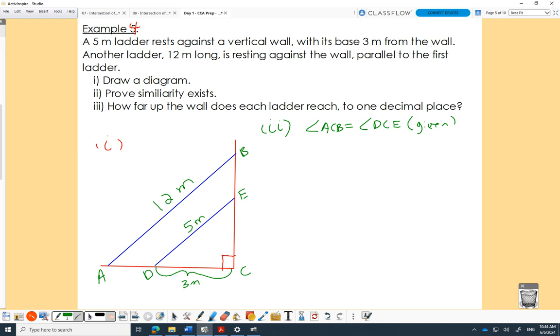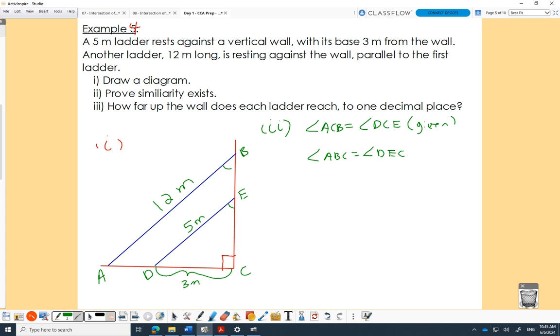Austin's got it. He says, tell me. Angle ABC and angle DEC because F pattern. Okay, good. Let me write them down first, okay? Angle ABC equals angle DEC. Yes? But I'm just going to add something. For anyone who doesn't see these as easily or doesn't name them as easily, I encourage you to put the arcs on there and go, oh, wait, I know these are equal. And putting the arc on there will help you manage the naming of the whole thing. But he says F pattern,